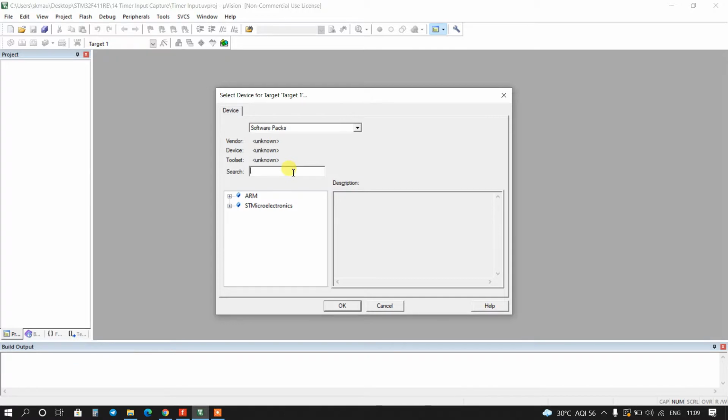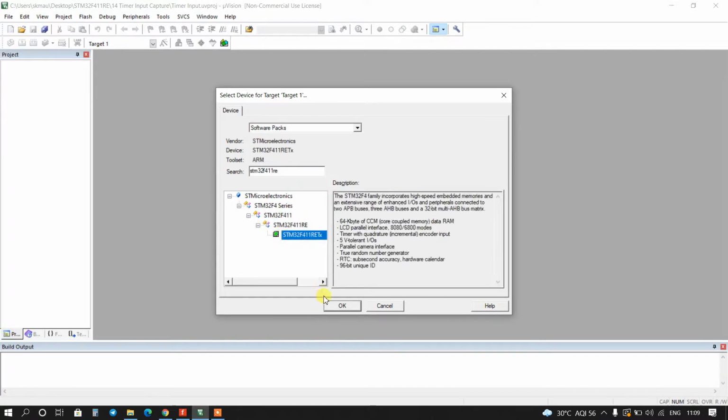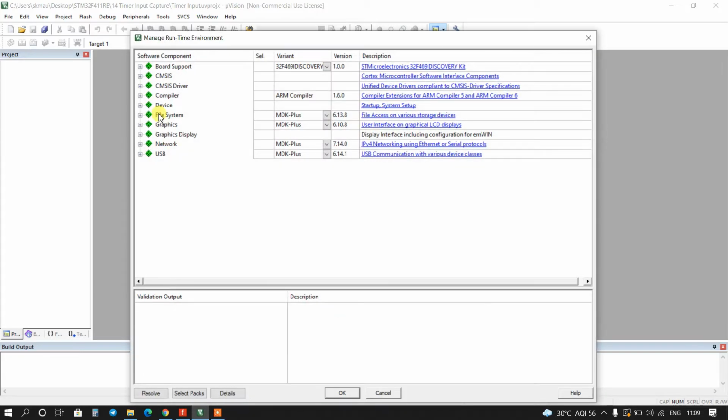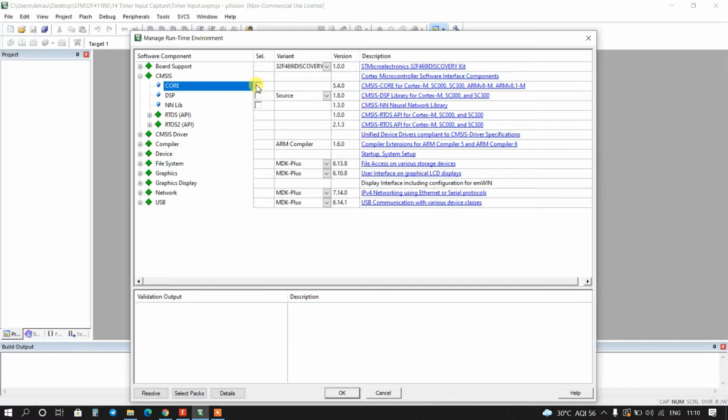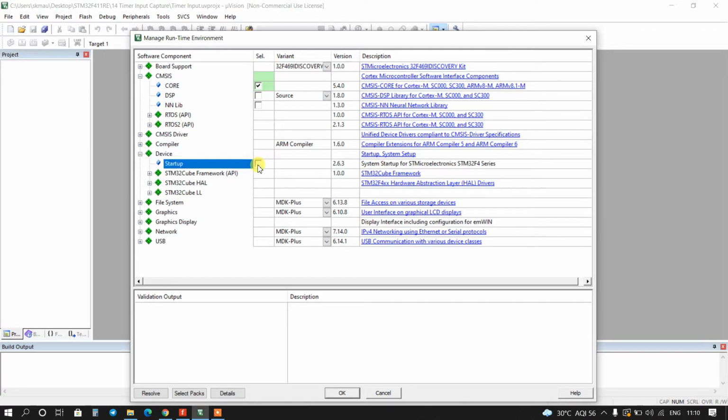I will select here the controller name. Okay, expand this and select, and okay, and I will select here CMSIS core, and go to device and select here startup, then okay.